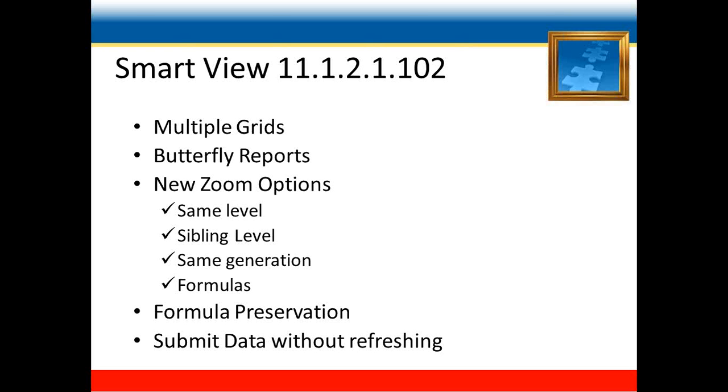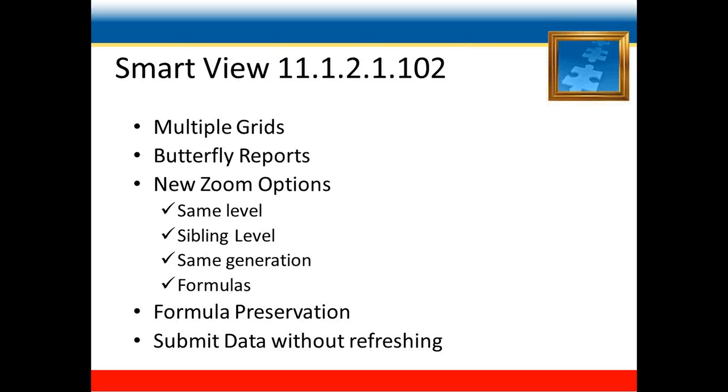Then there is an option to preserve the formula. This option was most sought by the business end users, because generally what used to happen was, once you refresh the worksheet, the formulas in the predefined templates would disappear, and it was inconvenient for the business users to retain those formulas in the worksheet. So from this version onwards, if you select the formula preservation option, even if you refresh the worksheet after, say, a data submit or for some ad hoc analysis, then you can see that your formulas won't disappear.